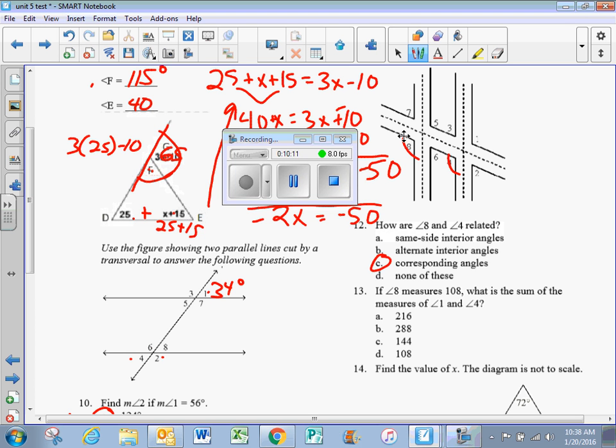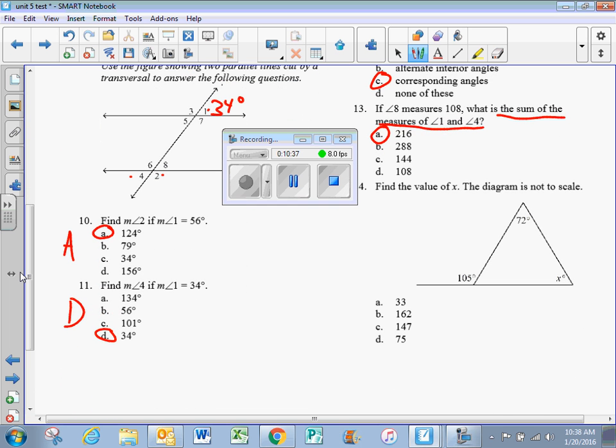This got some of you guys, it was a reading issue. What is the sum of the measures of 1 and 4? Well, if 4 is 108, then 1 is also 108 because they're vertical. So the sum of 108 plus 108 is 216. If you put 108, you didn't read the question. Question is, what is the sum? However, the practice test said the same thing, so you shouldn't have missed that, unless you really weren't focused and